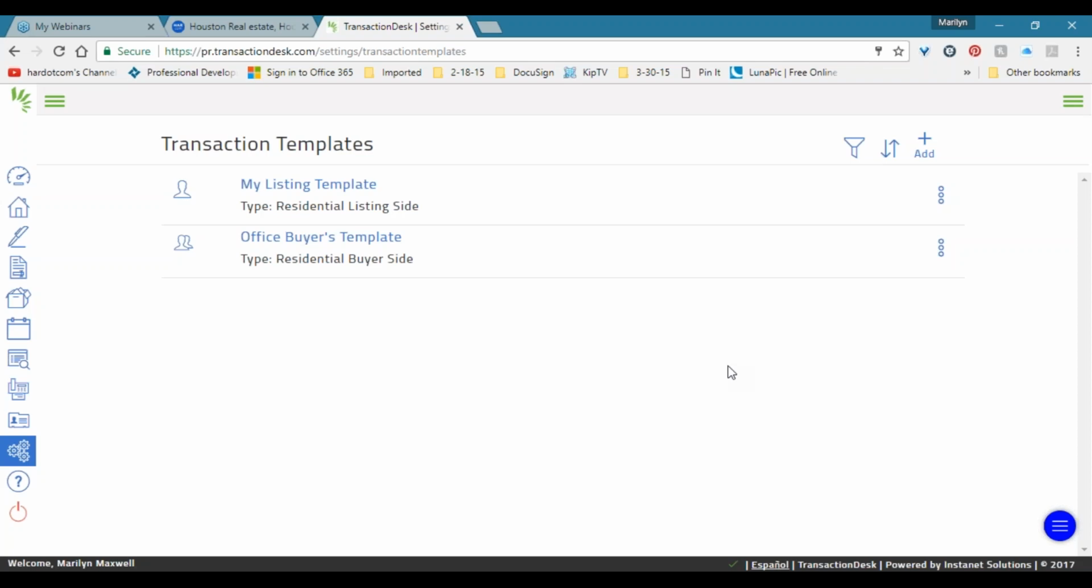So once you're in that template section, it pretty simply says add on each page, wherever you can add a new thing. And almost all the controllers in TransactionDesk are in the upper right portion of the screen. So wherever you see that little plus or the plus and add menu is where you're going to start creating a new one of whatever types of thing